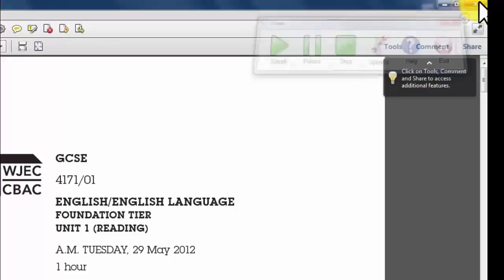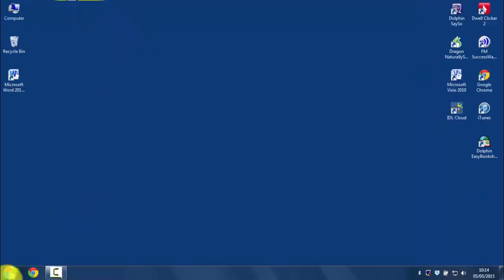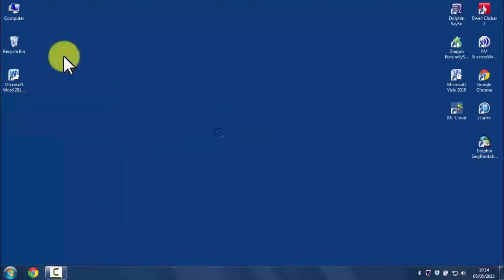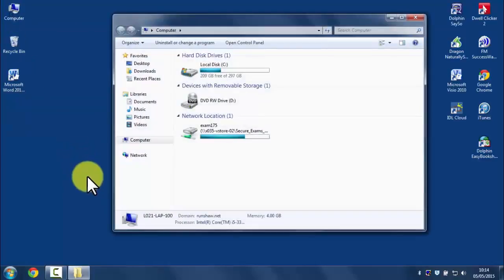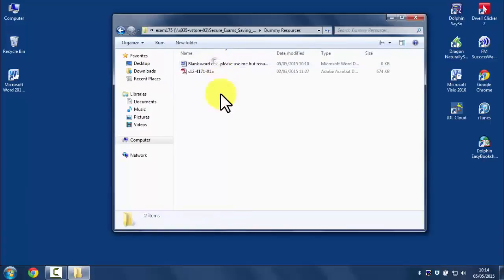So I'm going to shut Orato, I'm going to shut the paper, and so when you'd log on, this is what you would see. You would see your exams login. These shortcuts wouldn't be on a typical computer, this is just on the computer that I'm using. So what you need to concentrate on are your computer shortcut there, or by going to the start menu and going to computer there. So we log on, we open the computer, we go to the exams secure shared area, we open the exam paper,